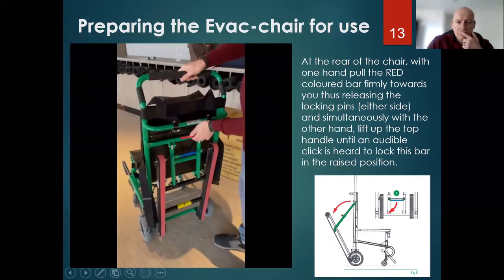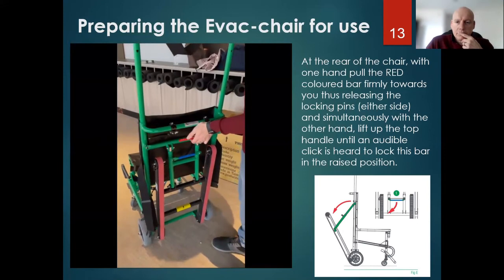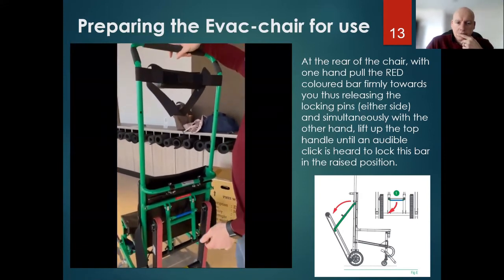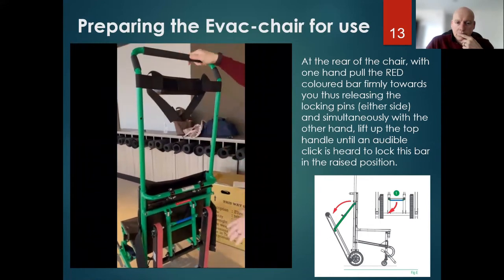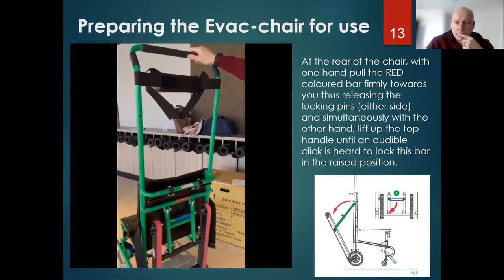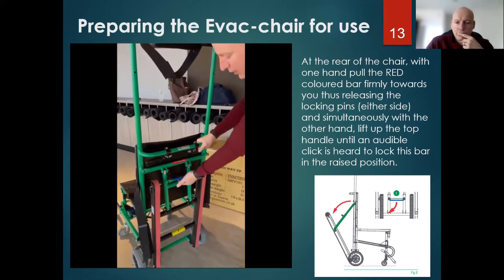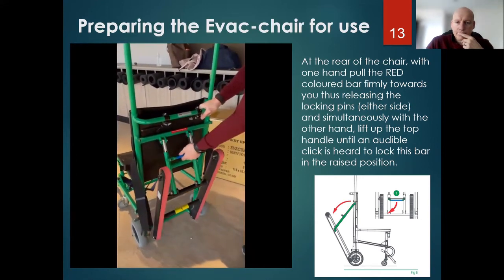To extend the back, pull the bar forward, and then allow it to clip into position. This will give you extra leverage during movement. And then finally, to prepare for going to the stairs, pull the blue bar to the